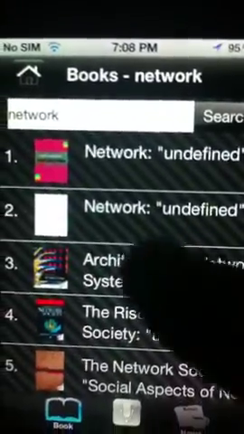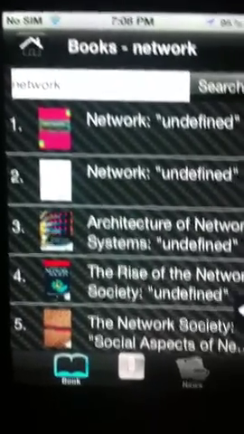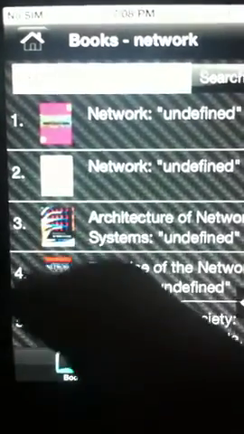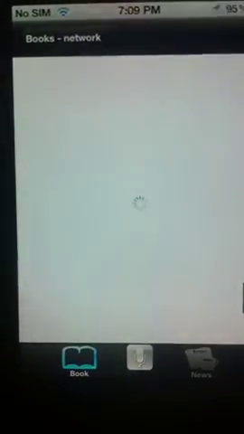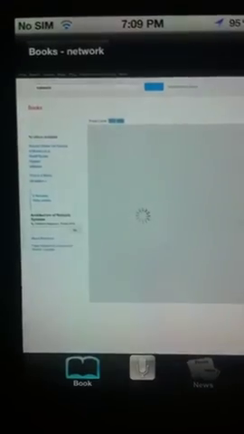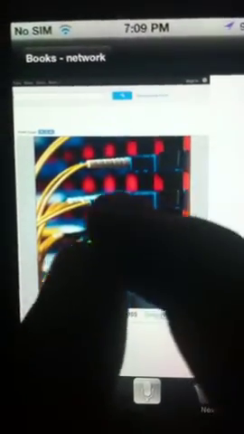So I can do the same functionality here, like tapping on a book and have a preview, or by speaking the ID of the books as shown here and have a view over it. Clicking on this book, it will take me to the view to have a preview of my book. If there is an ebook available, I can read my full book over this app. So there is no such view right now. So I have this book section here. I can read my books.